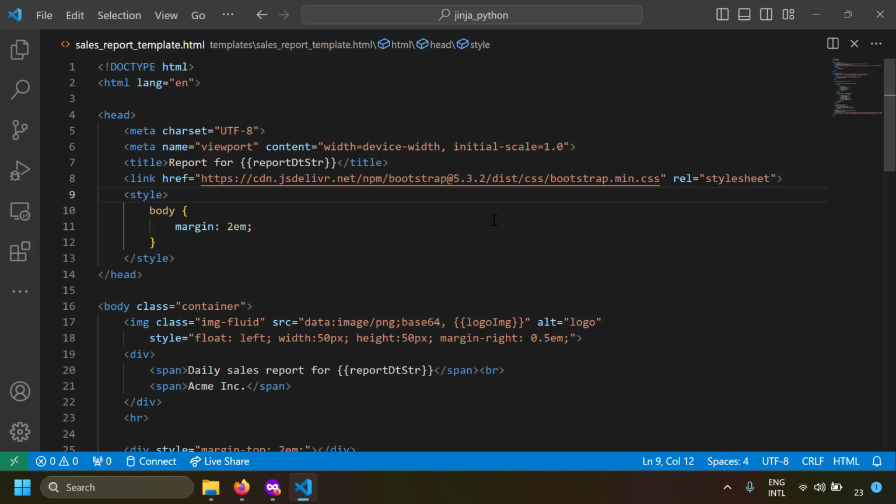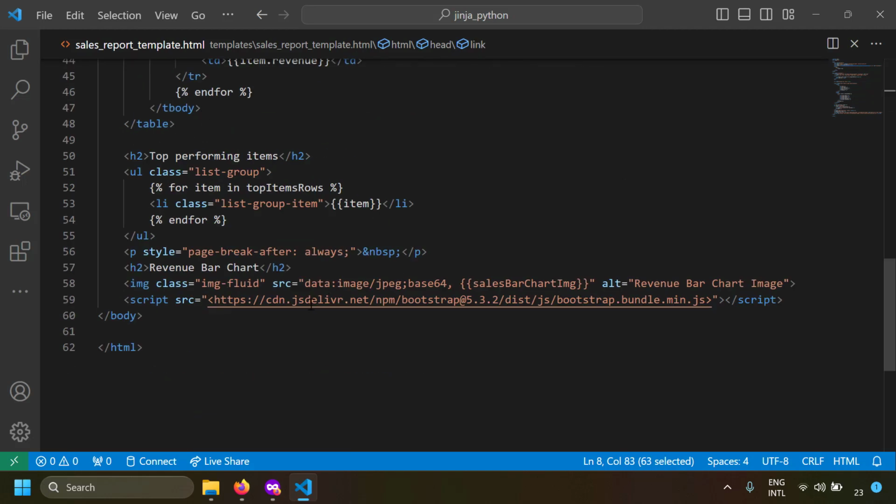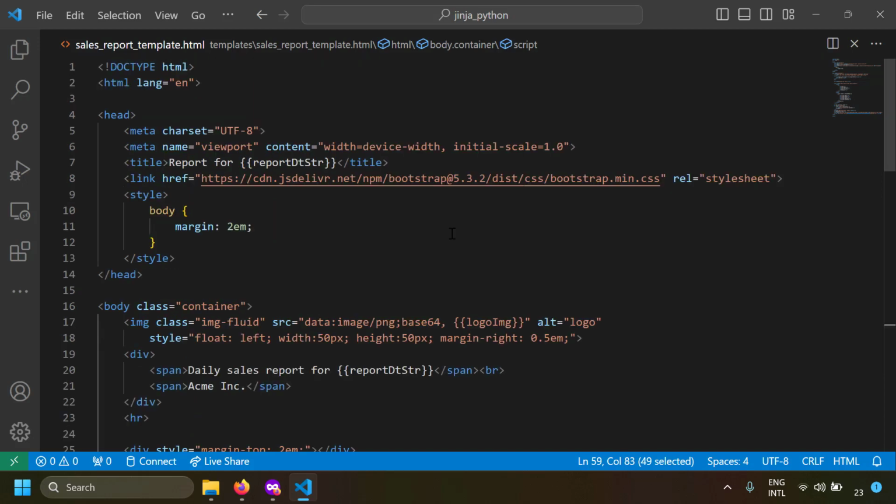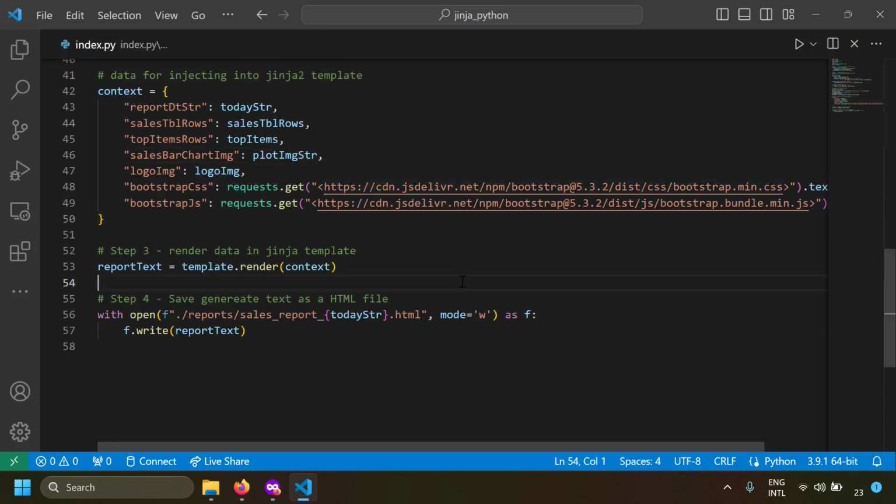But remember, now your output template is not standalone. It depends on this URL for fetching the CSS, and it depends on this URL for fetching the JavaScript file. So if you want this report output to be truly standalone, and you don't want linking to other files, so that you can easily distribute this file to places where there is also no internet, how can you solve this problem? In our Python script itself, we can fetch the